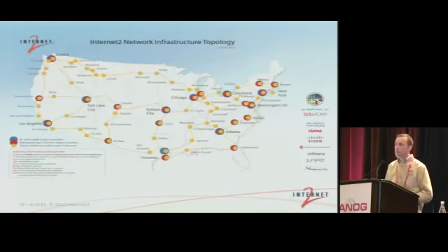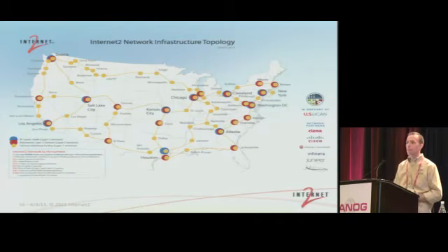This is the sort of glossy map, but it gives a good representation of our fiber footprint throughout the country. The layer 2 and layer 3 nodes on the network are not quite representative. Again, this was put together by our marketing people. But that's the underlying fiber infrastructure. So ESnet's built on top of that, NOAA's built on top of that, Internet2 networks are built on top of